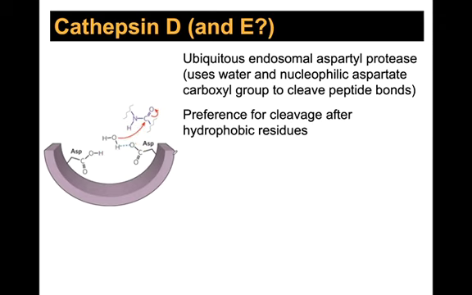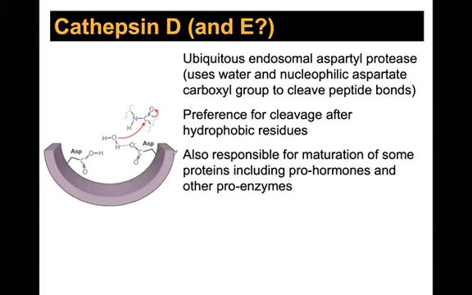Now, cathepsin D doesn't cleave the same way as cathepsin B. It actually has a preference for cleaving after some hydrophobic residues. So it has more sort of random cleavage patterns. It's not measuring from the end, saying "I want some distance of peptide." Because of that, cathepsin D is thought to be less important than cathepsin B, but still does play a